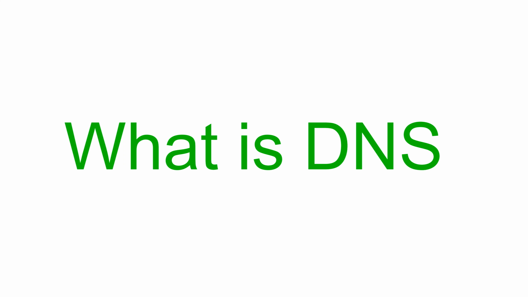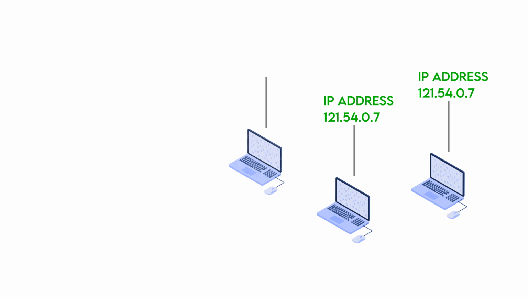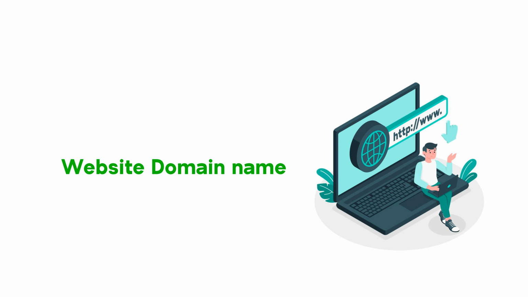Today we are going to talk about domain name system and how it works. Every website has a string of numbers known as an IP address associated with it, and remembering these addresses is very difficult. So the names given to these addresses are known as domain names. For example, it is easy to remember facebook.com, then 69.63.176.13.